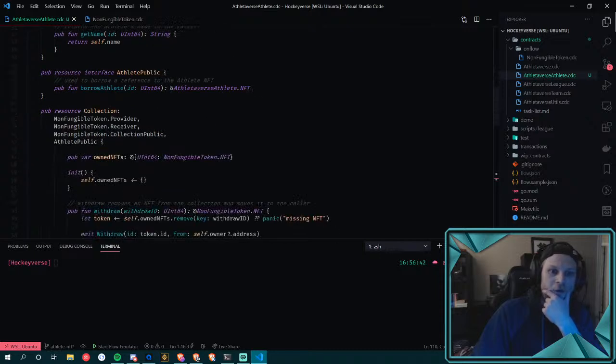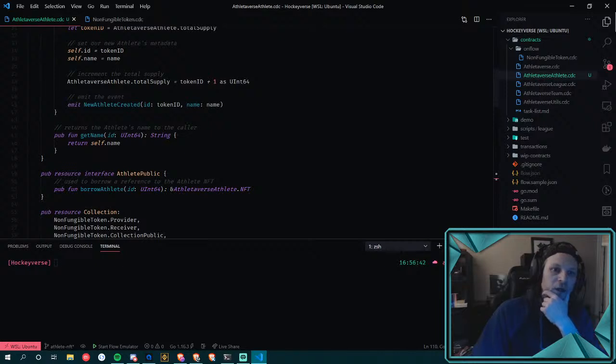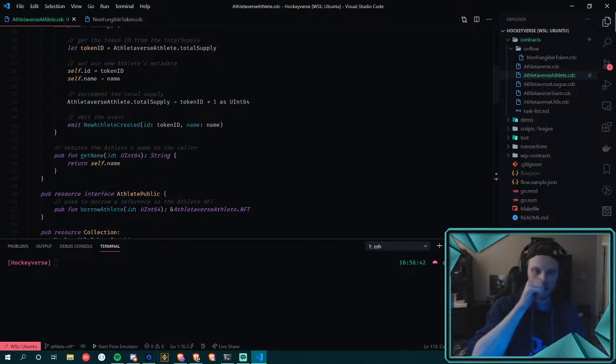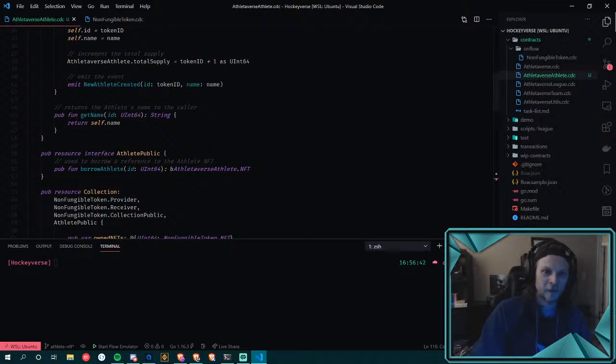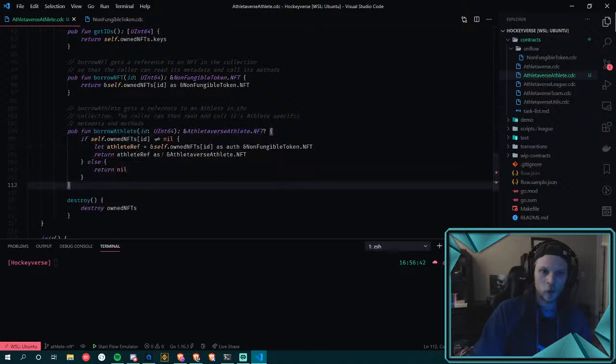So we've added this athlete public interface to our collection, which gives us the ability to call this borrow athlete method, which returns a reference to our version of the NFT, therefore allowing us to call this get name method once we have those. So we will use that to basically check. We'll use that, don't worry, we will use that. We might need to do something different for the teams to actually output a list of team names, but I don't know, seemed like a good use. We needed to do it anyway. I don't think I've built a custom NFT that I didn't need to do that little workaround to get our custom data and methods. So that I'm hoping will change, and